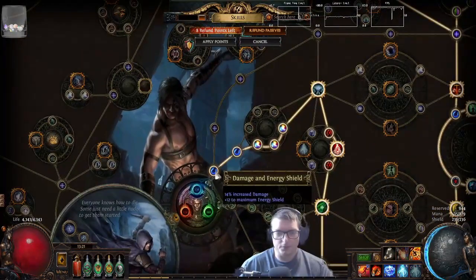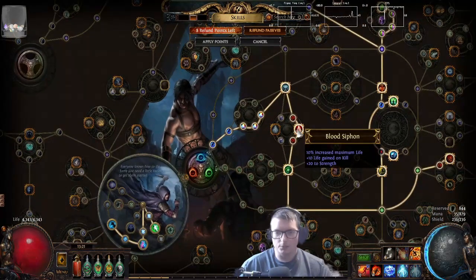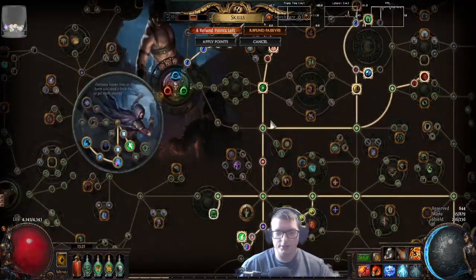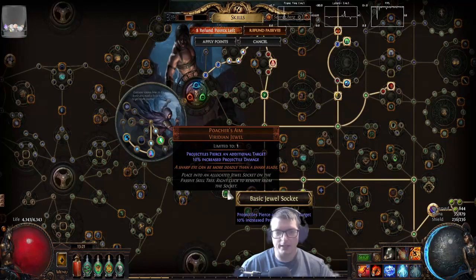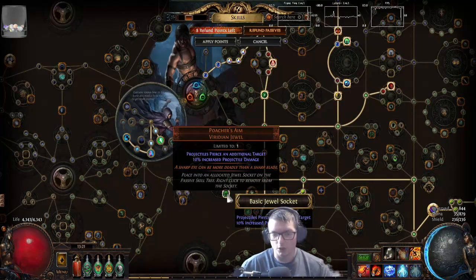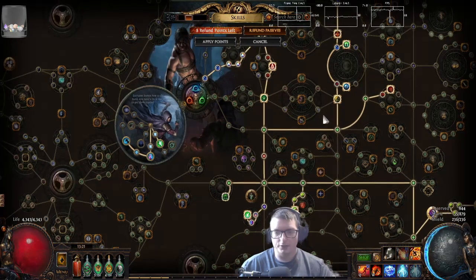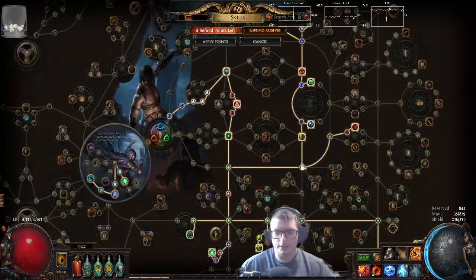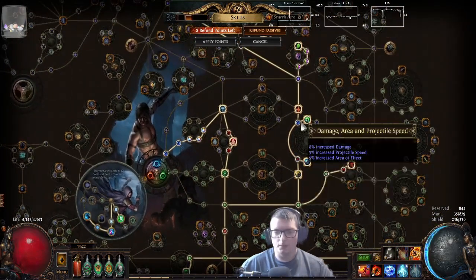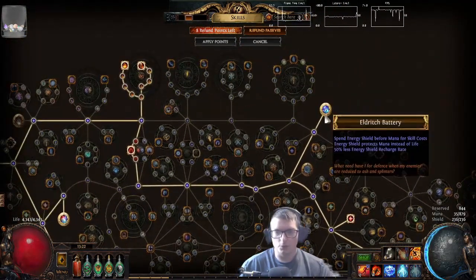So it's pretty simple. We're gonna go damage up here into Trickery. We're gonna go down and get Blood Siphon and Coordination. I rushed down and got Poacher's Aim, which is really important for your Fireball. You want your Fireball to pierce. That way it keeps going to help spread that dot. So I rushed to this and got Poacher's Aim. Went down here and grabbed some life nodes, and then I went over right here. I went up, grabbed Lethal Assault, grabbed Growth and Decay, and then I rushed all the way to Eldritch